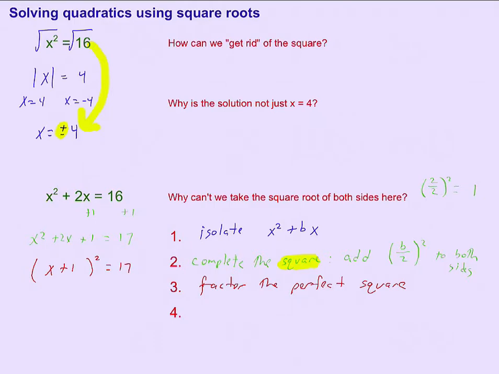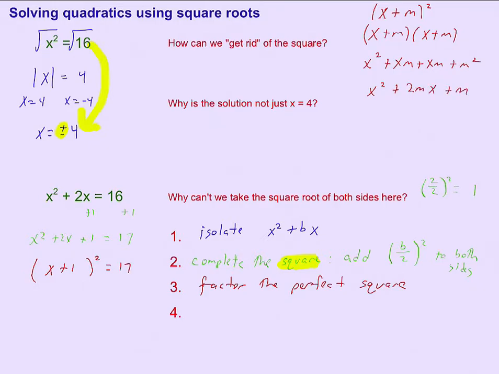The reason why adding that b over 2 squared makes a perfect square is because if I ever take any number, I'm just going to call it m, x plus m, and square it. When I FOIL that out, because remember x plus m squared is x plus m times x plus m, I get x squared plus xm plus another xm plus m squared. And when I put them together, x squared plus 2mx